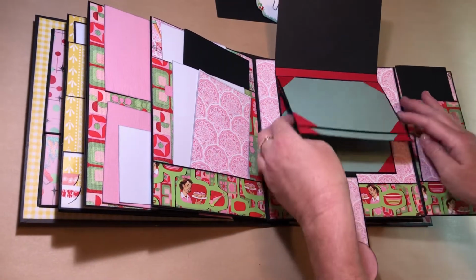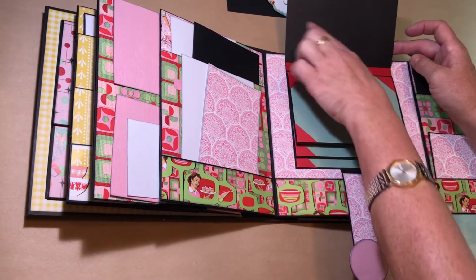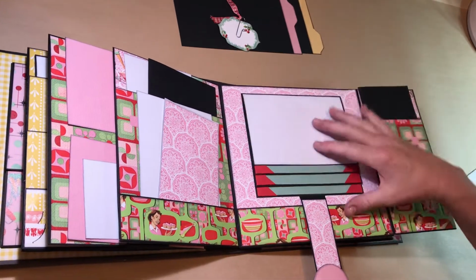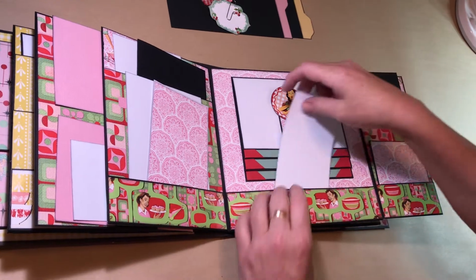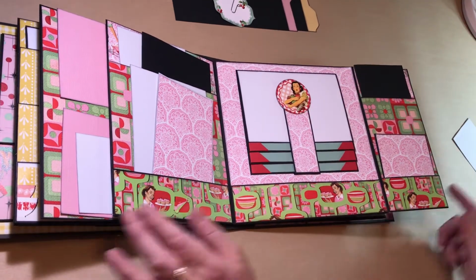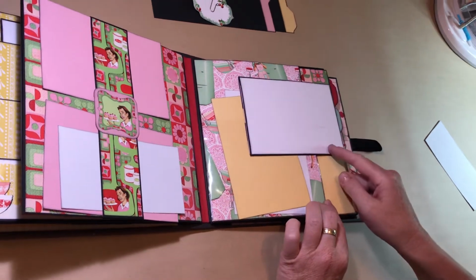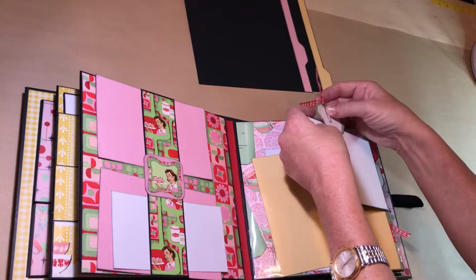They fit right in there perfectly. You could put a photo of the recipe on the back, or you can write on it maybe what the recipe actually is and what you changed about it or what you like or didn't like about it. That's magnetic. And then there's a pocket here. And this closes this way. And that is magnetic closure there with this